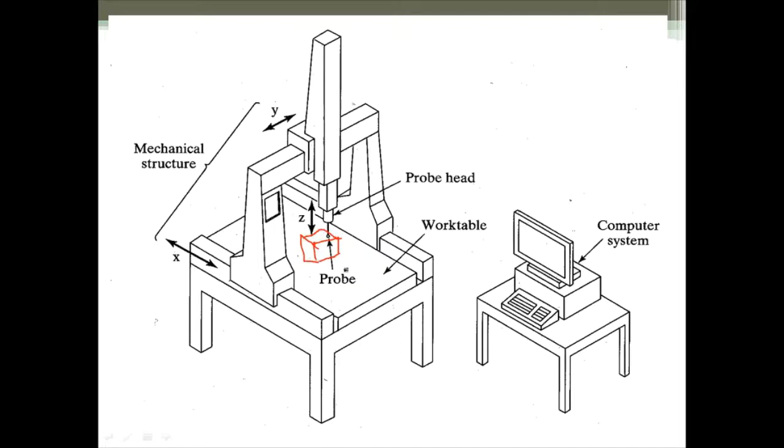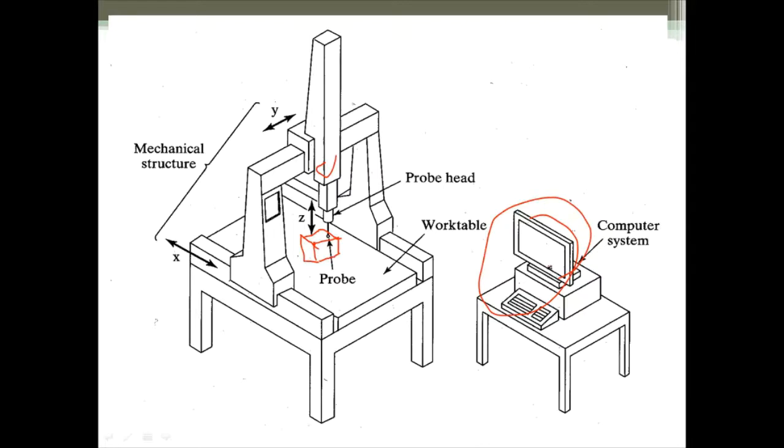Okay, and to inspect, this probe is connected to the structure, and this structure allows the movement, as you can see, in x, y, z. This structure allows movement in x, y, and z coordinates so that it can record all the points. Now let us see further. Here it can be recorded in the system, so it accomplishes measurements in 3D.